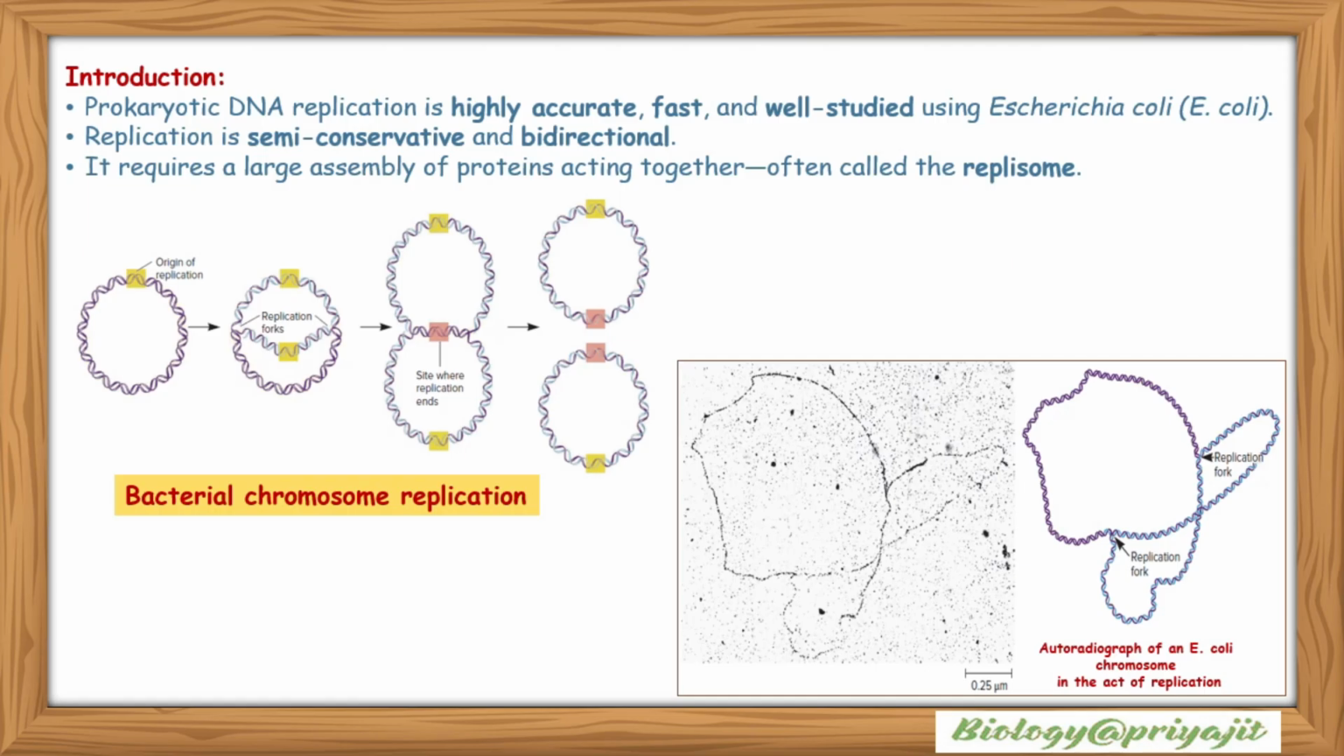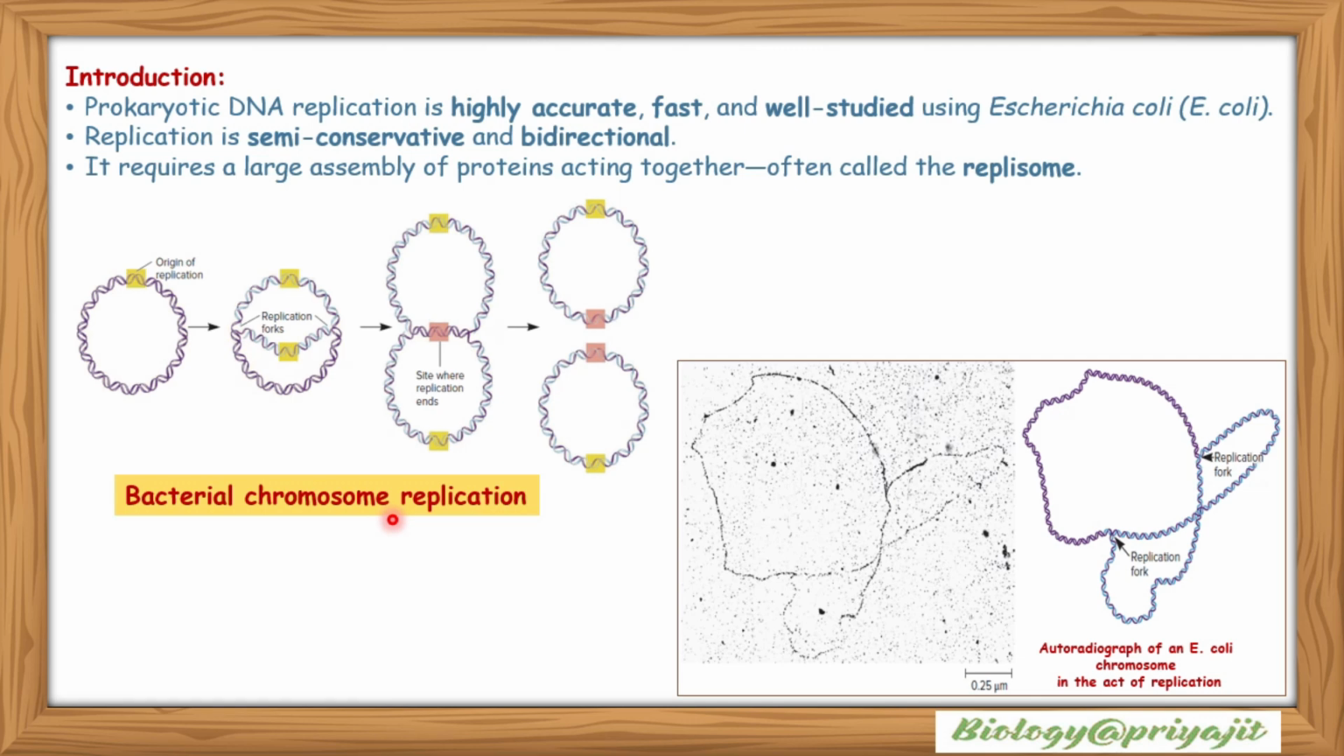So this is the image showing bacterial chromosome replication. Here is the site named the origin of replication, from where replication is initiated. This is the replication fork. It is dividing, and this is the site where replication ends, and after the end of the replication process there will be two circular double-stranded DNA molecules. So from one circular double-stranded DNA molecule,